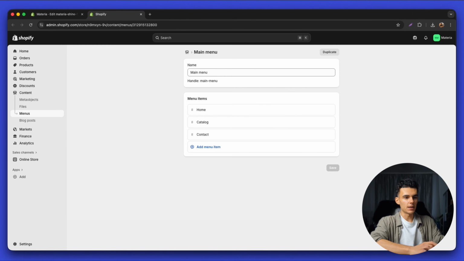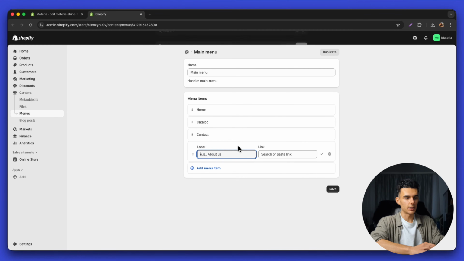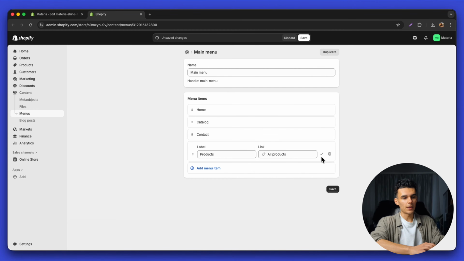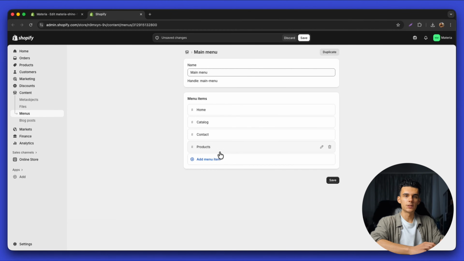From here, basically, we can add a new menu item. For example, all we have to do is just click add menu item, type in a name. In our case, let's add products. And then all we have to do is just select where you want that link to point. And what's really cool about that is that you can also create sub-menus inside those menu items. So for example, under products, you can have different sub-menu links. Like for